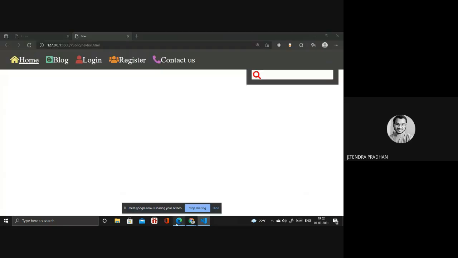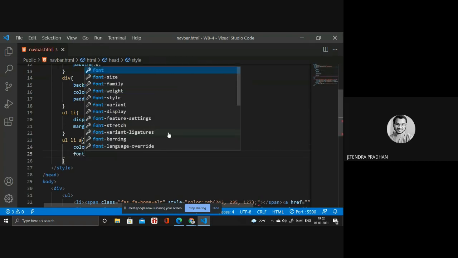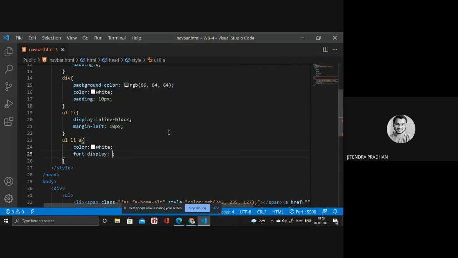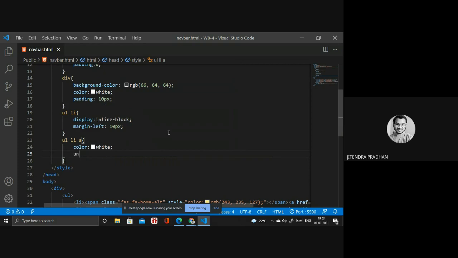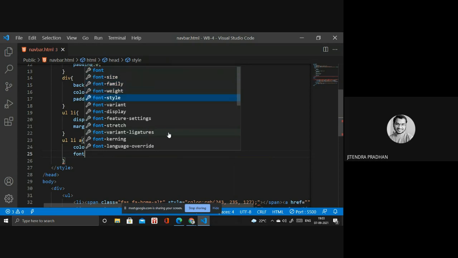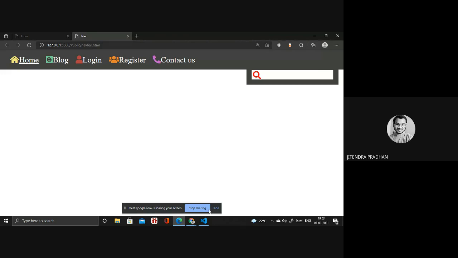So if you want to change that underline, you can use font style or font variant, I think. I will check that. Wait, it's underline. Okay, underline. What is there? Not underline. It's font variant, width, style. The style is there, I think. None. If I write style none. Okay, I will show you in that CSS.